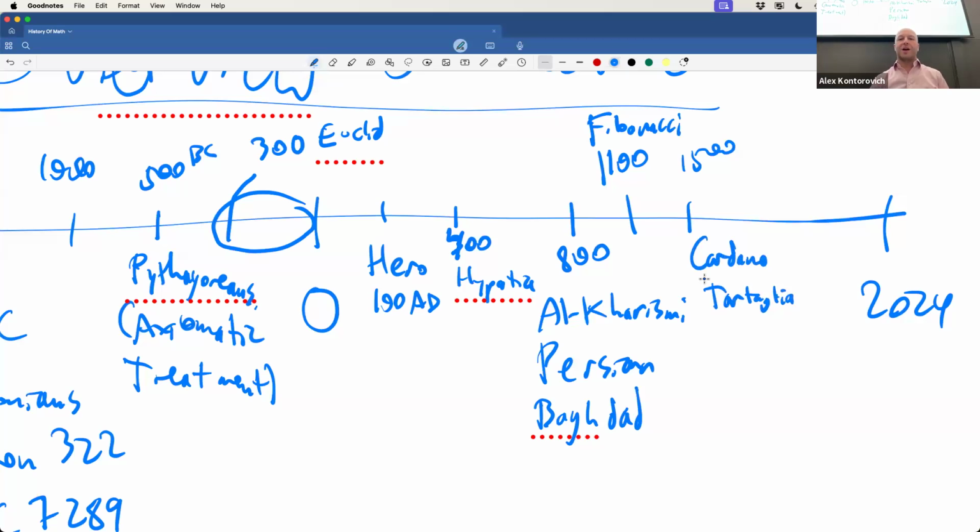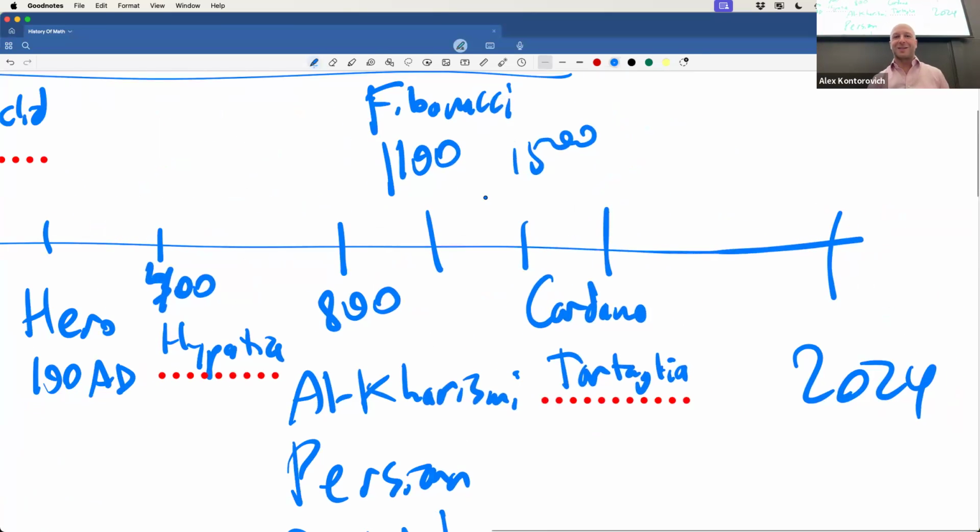We'll spend a good deal of time on the story of the cubic equation, because it's really the story of algebra. The story of algebra is trying to solve polynomial equations, and there was a major breakthrough around this time. We'll talk about that story in detail. Okay, so I really need to zoom in here. There's a lot of stuff that's going to start happening.